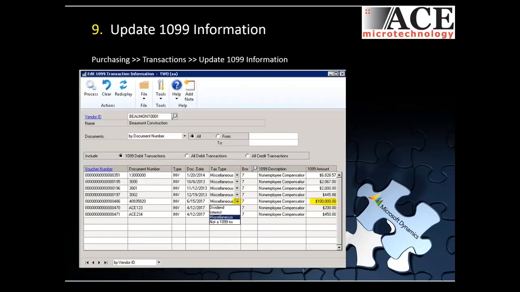Number 8, number 9, update 1099 information. Most of the time by the end of the year, we are getting into our brain that we now need to deal with our 1099 vendors and get ready to send out 1099s. But this screen here under transactions, update 1099 information, actually allows you to change not only your tax type